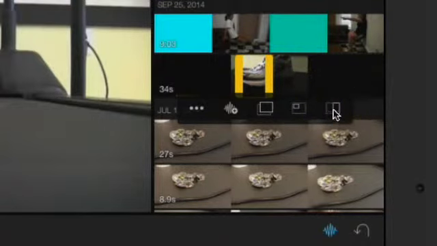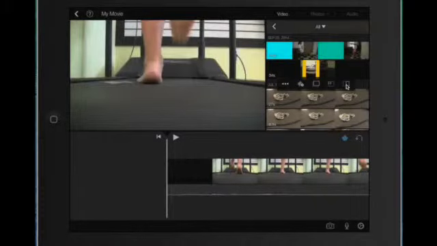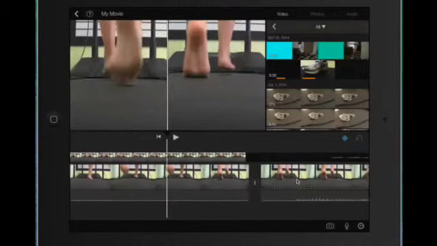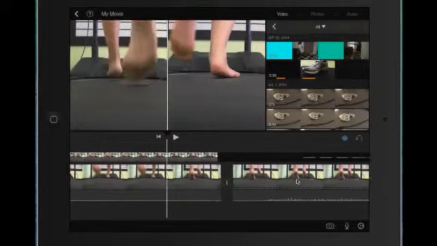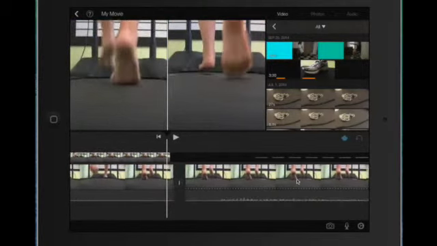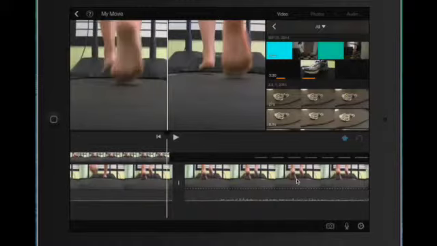So all you need to do is tap this side-by-side, and what you can see is that it lays the new video on top of the old video. So as I scroll through, you'll see it lays it on top, and it's actually a little longer than I want it. So I can do all of the same things to this top video that I can to my bottom. So I'm going to tap it,